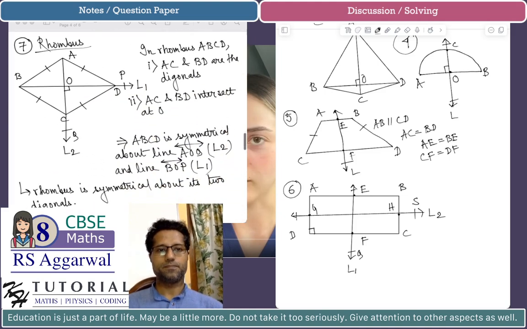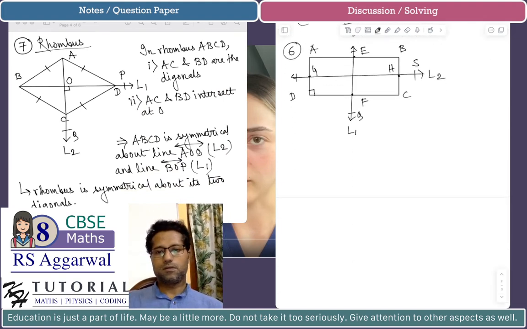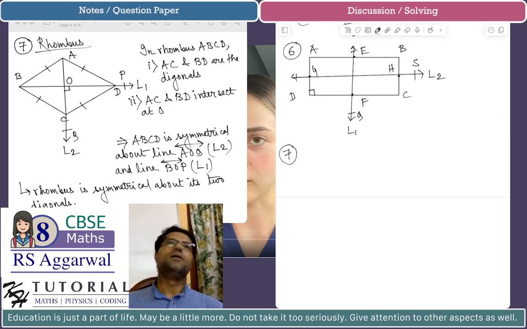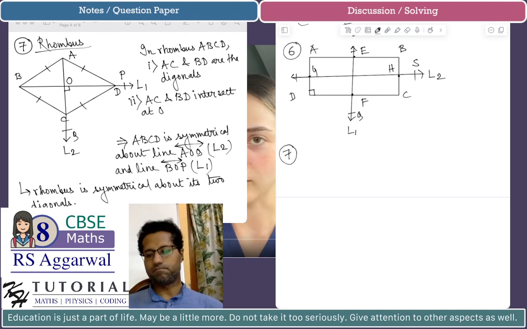Now rhombus. So we know what a rhombus is. What is the structure of a rhombus? A rhombus is a quadrilateral where all the four sides are equal, and the diagonals bisect each other at right angles. The diagonals need not be equal. So let's say I have